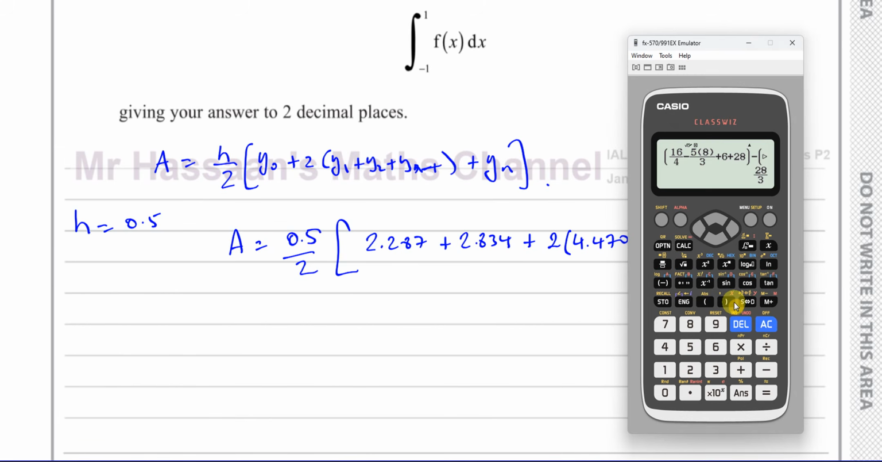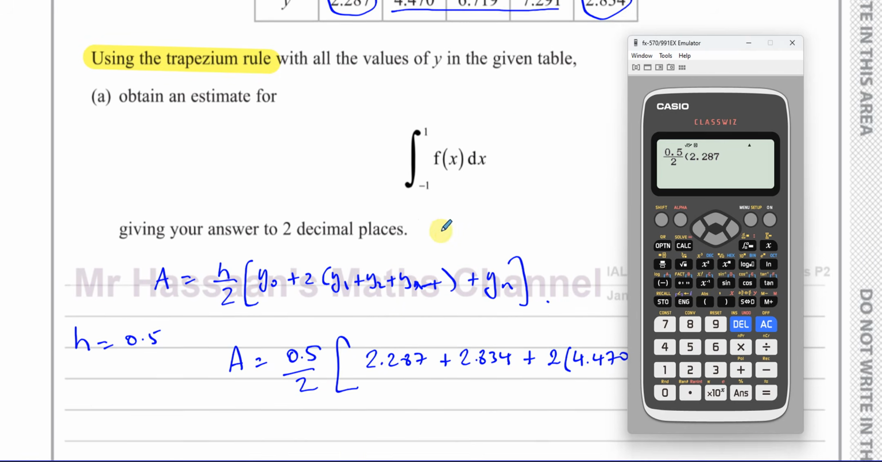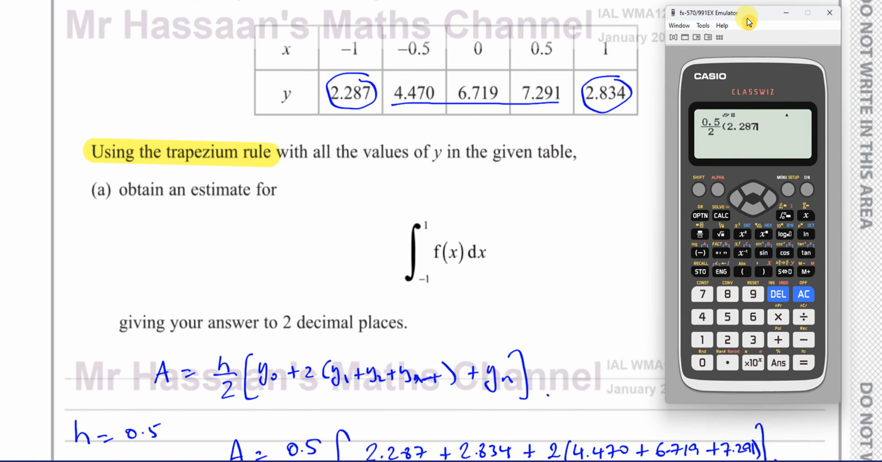So now all we need to do is to stick this inside the calculator. So you have 0.5 over 2 times, we have 2.287. Now you've got to be very careful. I'll use the table up here in case I've made a copying error. Very careful. The first and the last plus 2.834 plus, and then I'm going to multiply by 2 the rest of them. So 2 brackets,